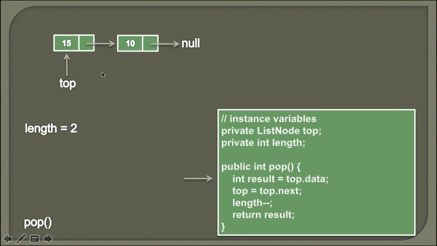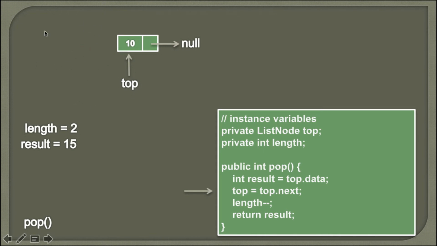In order to remove the last inserted node, we'll simply capture top.data into an integer variable by name result. So we are storing the data inside this node into the integer variable result. Moving ahead. Now as we want to remove this last inserted node, we need to break this link. So once this node is removed, top should point to its next element. So for that we'll simply assign top.next value to top. So it would look something like this. And as this node is not referred by top, it would be garbage collected.